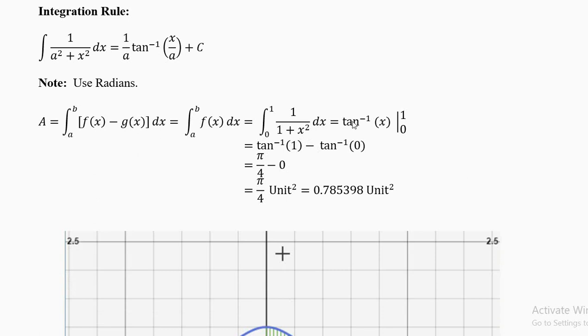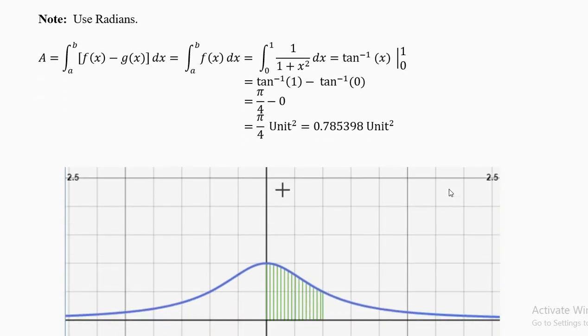So your answer is tan inverse x going from 0 to 1. It is tan inverse 1 minus tan inverse 0. This is tan inverse, not power minus 1. Use the shift button in your calculators. The exact answer for tan inverse 0 is 0, and for tan inverse 1 it is pi by 4. Pi by 4 minus 0 is pi by 4. In some calculators it will write pi by 4. In some calculators it will write the decimal expansion 0.7853 and many numbers after that.